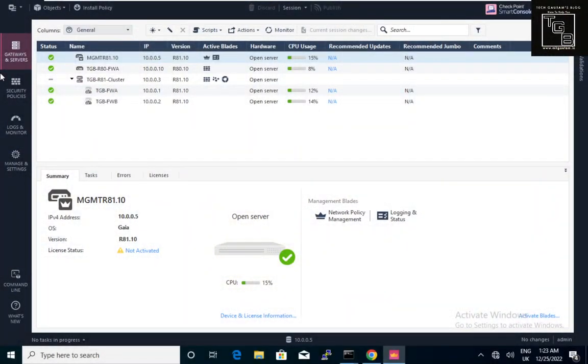Hi friends, today we are going to see the cluster configuration using VRRP protocol. In our previous video, we have seen the high-availability of cluster configuration using ClusterXL protocol. Remember, this is the whole dashboard which we are using. We have an R81 cluster with ClusterXL protocol, and we have management server